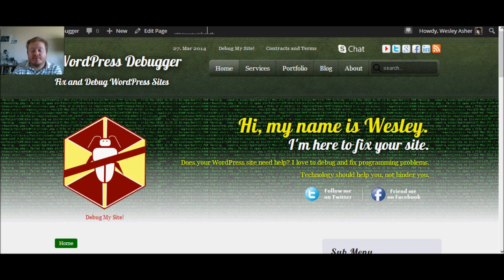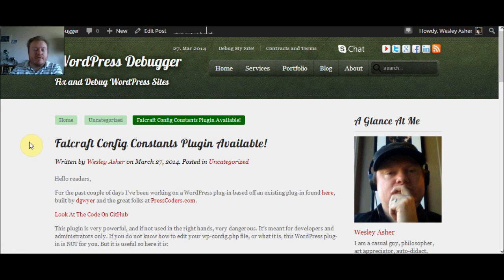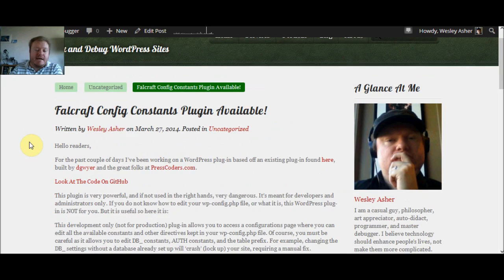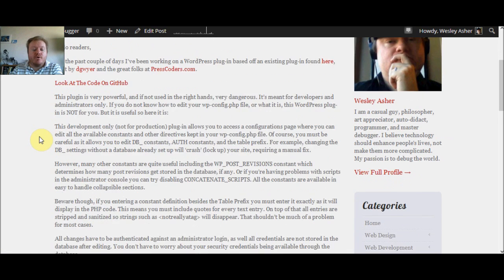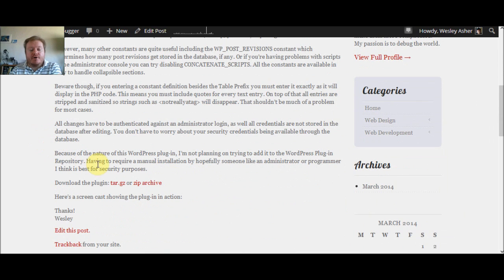First, we must download the plugin. To download the plugin requires going to WordPressDebugger.com, as the plugin is not found in the WordPress repository. In order to do that, we go to the WordPressDebugger.com plugin homepage for this plugin. This is where the video should also be embedded on the website. On this page, we can see a couple of links. You can look at the code that I've developed on GitHub, or you can download the code as a .tar.gz file or a zip archive